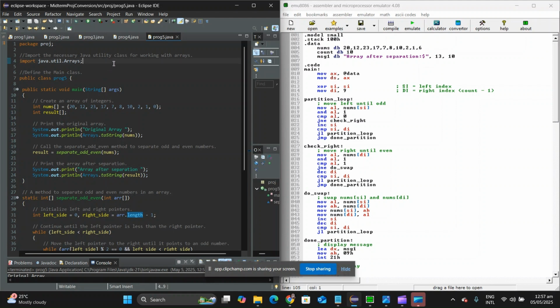Now we can see here that first we import Arrays, so we can easily print arrays. Then we define the main method, and here is where the execution starts. Then we create and initialize an integer array named nums with 10 values. Then we print the original array using Arrays.toString, which returns a nicely formatted string